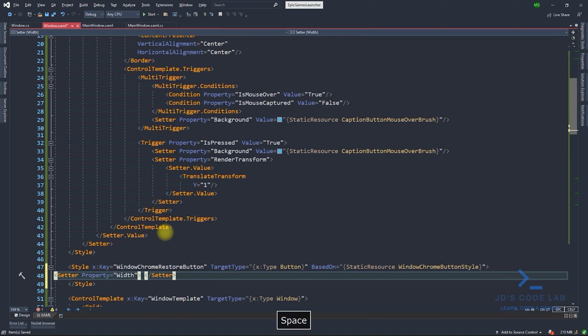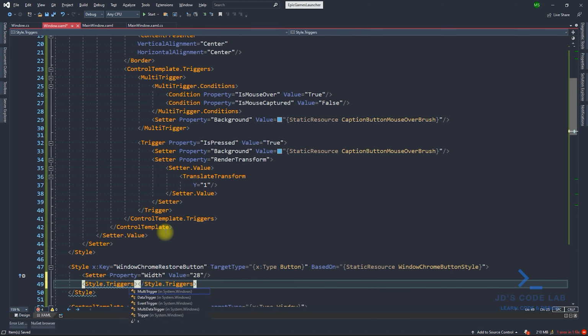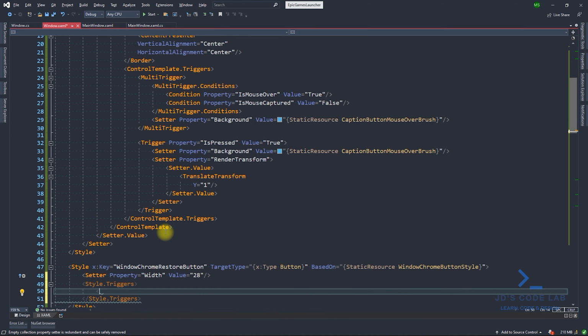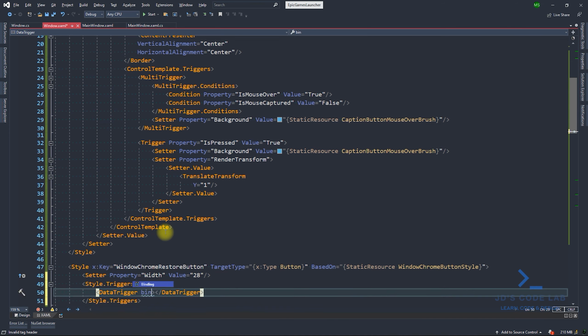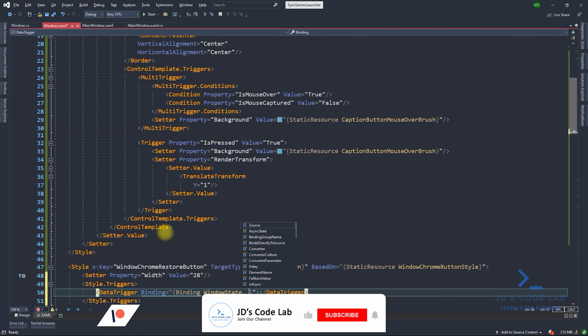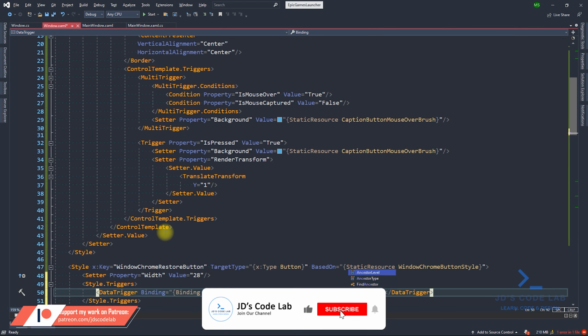Now this maximize and restore button will be 28 pixels wide, and in styles or triggers we will set the trigger on window state, so that the content, which is the icon of the button, will change whenever the window is maximized or restored.